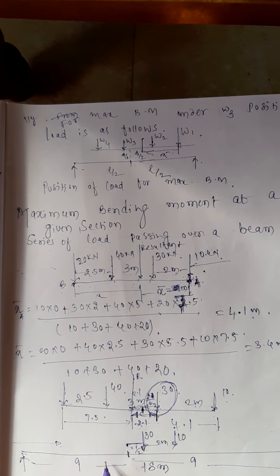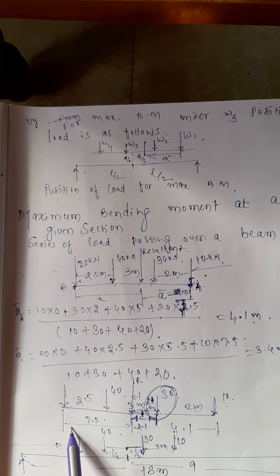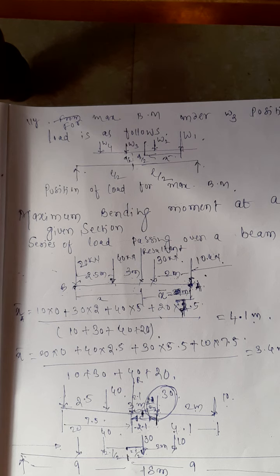Okay. Next here the load is 40 kilonewton. From here this distance is 2.1 by 2. This is 40 and back of it this load is coming. How much? This is 20. This is the position of the load to give the maximum bending moment under the 30 kilonewton load. Yes, maximum bending moment occurs here, and that will give you the maximum bending moment when the load is under the 30 kilonewton load.